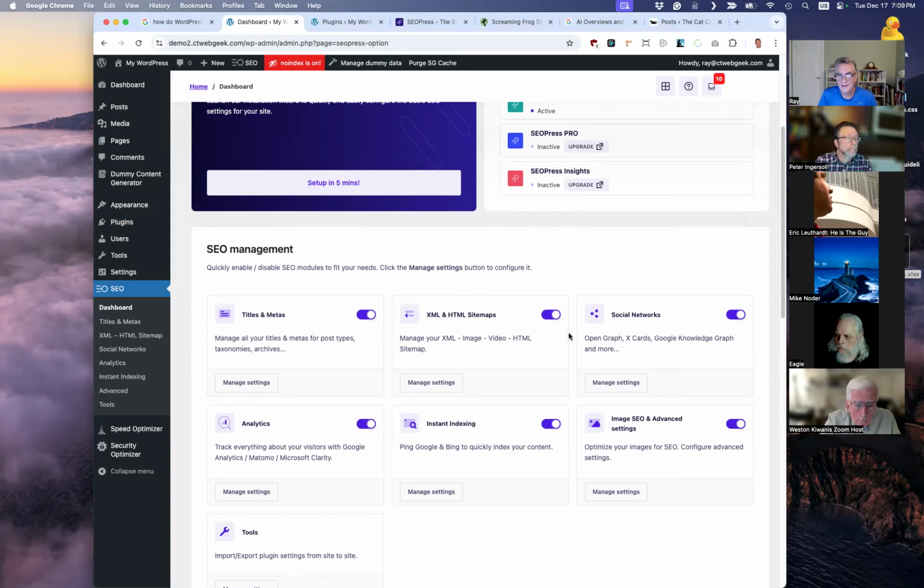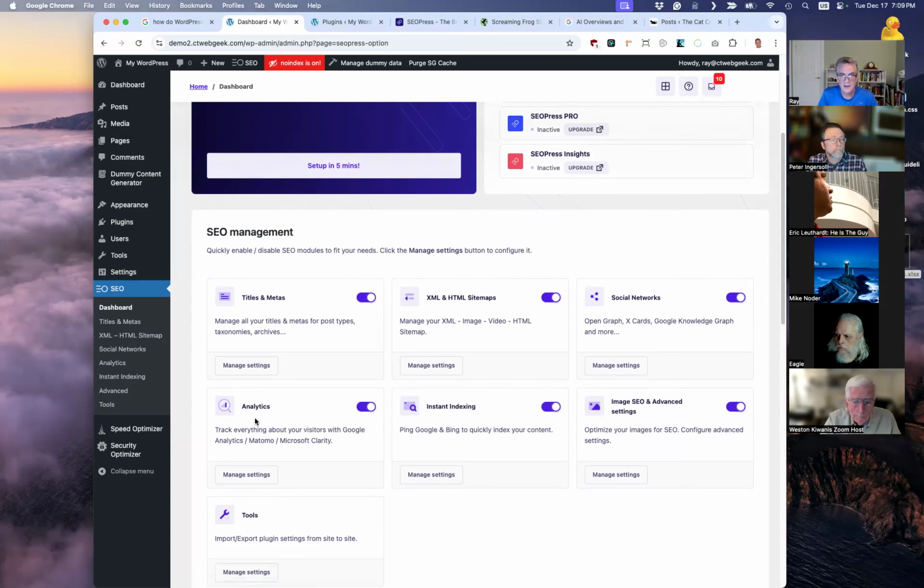Titles and meta, XML sitemaps, the social cards, analytics. He talked about instant indexing. This is kind of neat for the free version. I don't know if Slim has this or not, but